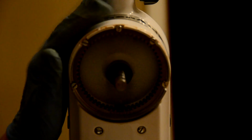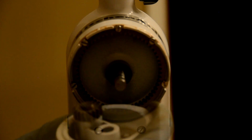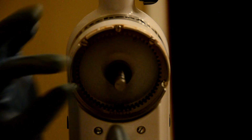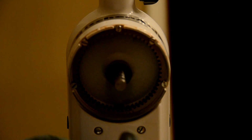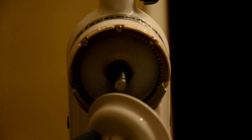Alright, it's good to go, nice and solid. And what we're going to do next is tackle the lower assembly. The way we're going to do this is, when you look at this pin right here, you should see 2 little holes in there. What you're going to want to do is line that up with the hole on the outside of the